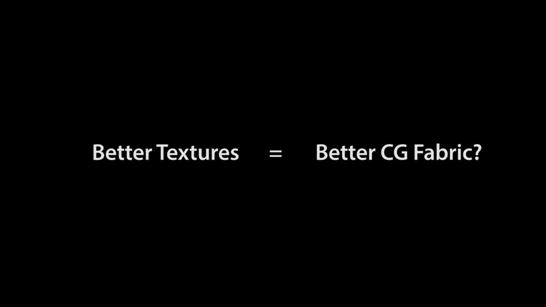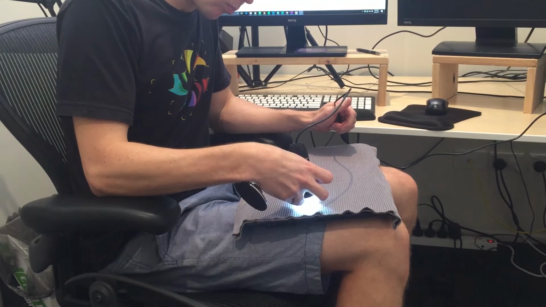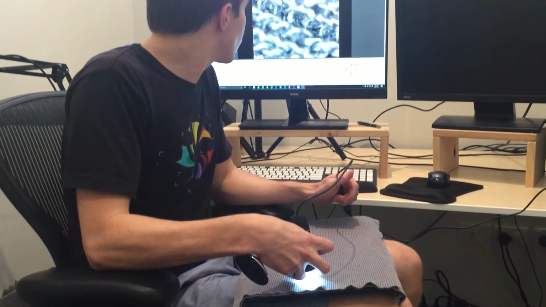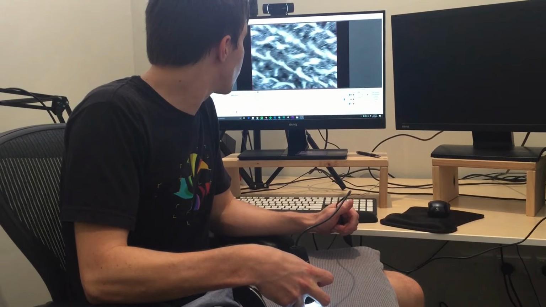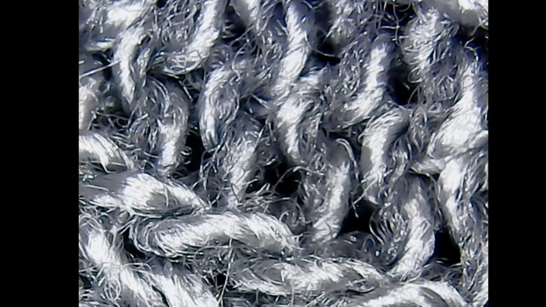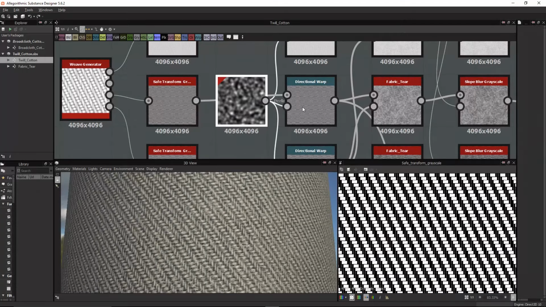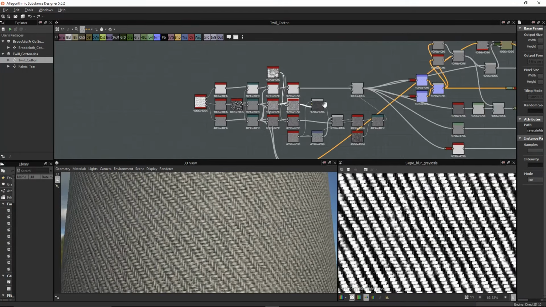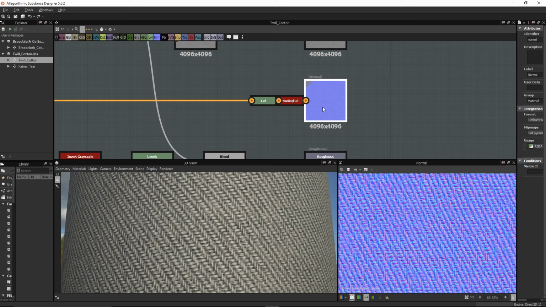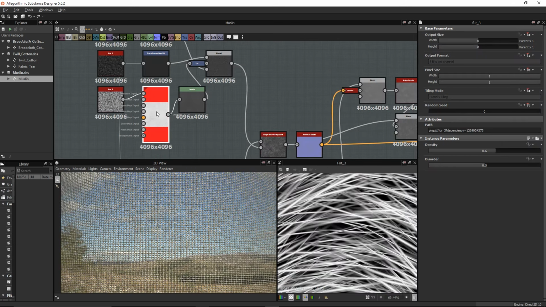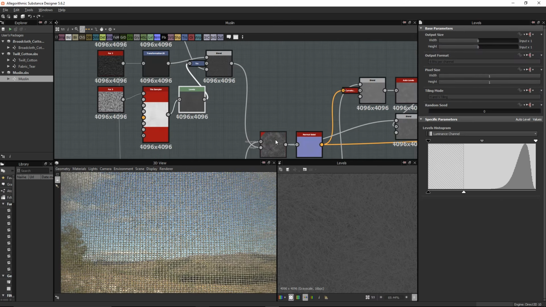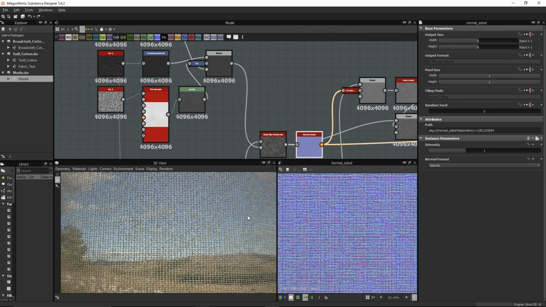So, we wondered if by creating better textures, we could create better fabric renders. First, we inspected fabric samples under a microscope, paying close attention to the weave pattern, thread count, and the way it interacts with light. We then took that information and used various software to recreate the specific fabric types digitally. This is a much more time-consuming process than photographing, but it allowed us to accurately capture the way real fabric